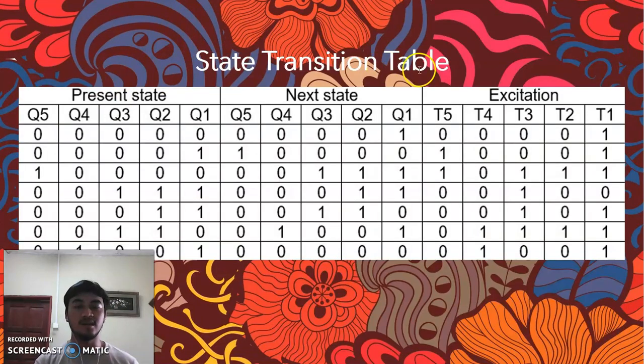That's why in the state transition table, after 0 to 1, 1 to the second 0 is 10000. Now we are in the state of the second 0, and we move it to the present state. After the second 0 is 7, so basically 00111.